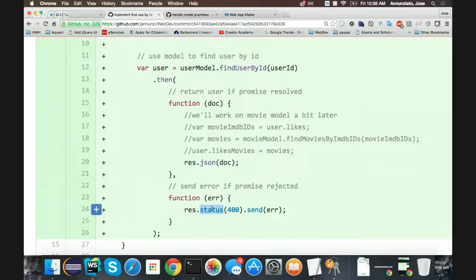Another thing that I wanted to point out is notice the error. See the error? If there's an error, I'm going to send the status of this HTTP request response. I'm going to send it as a 400. There was an error. So that when the AJAX call comes back to the client, to the Angular client,